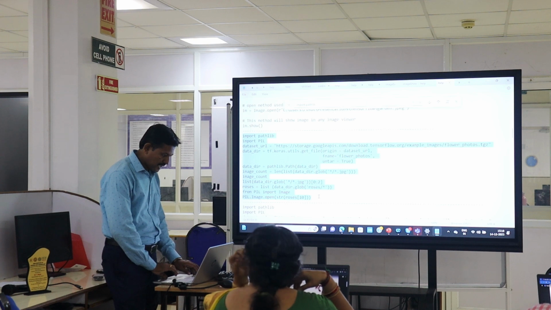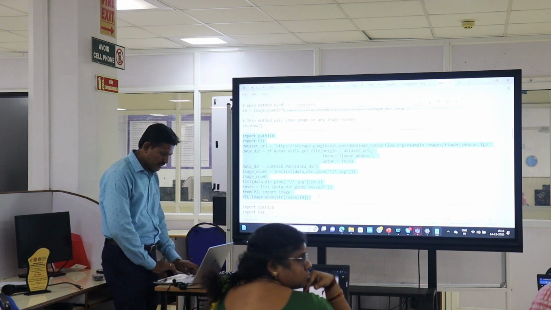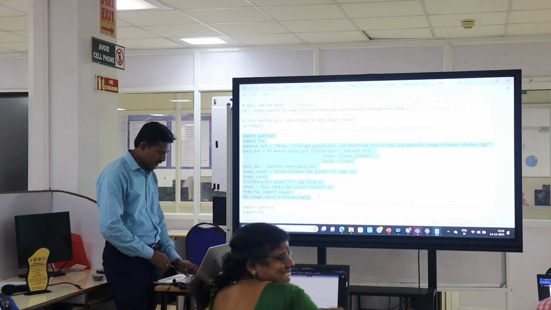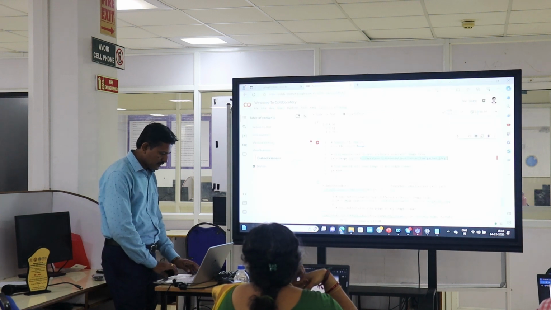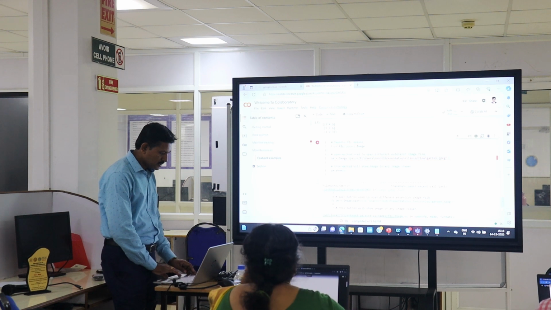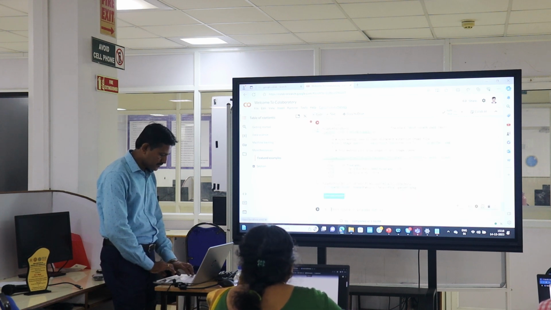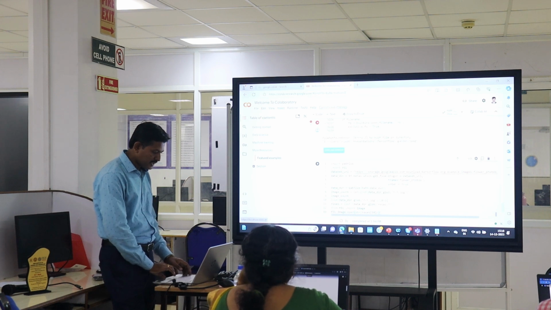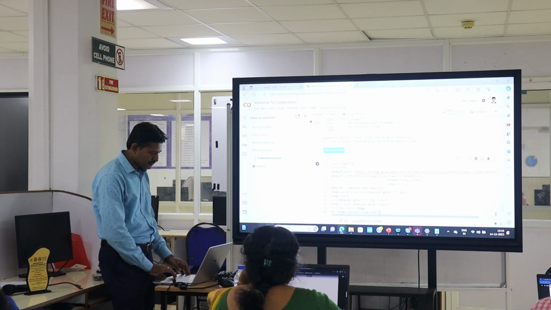Here I am getting the image from the internet. I am loading it, and from there I am processing and displaying the image. This program is used to load images from the dataset that the website is providing. From there I am downloading all the images, then displaying them based on our condition.